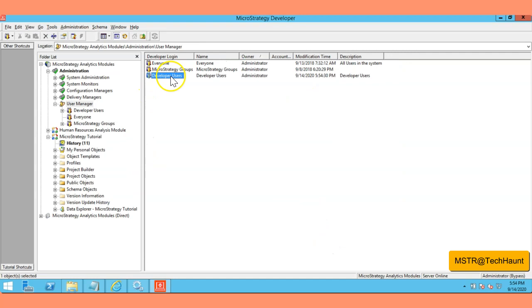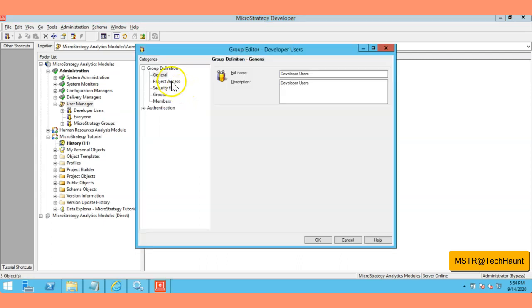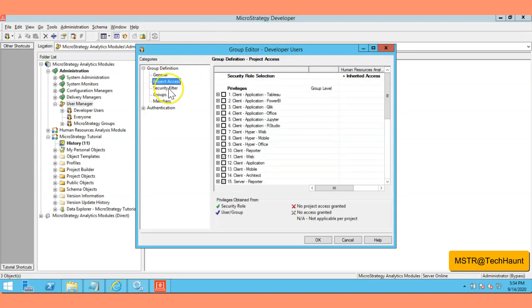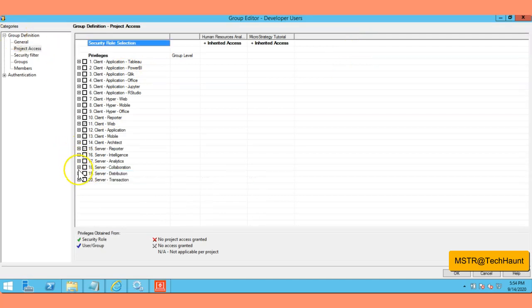Just click OK, and you can see we have three groups now under the User Manager. Let me go to edit again and then go to Project Access. Here under Project Access, you can assign permissions to these groups, whatever kind of permission you want to associate with this group. So I'm going to add a couple of permissions here.